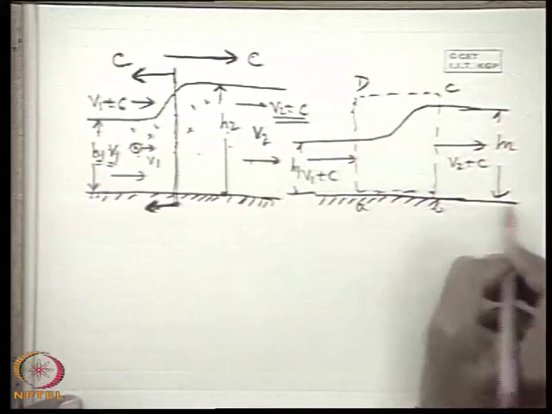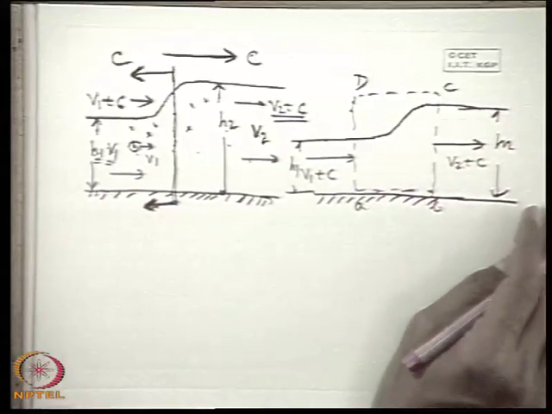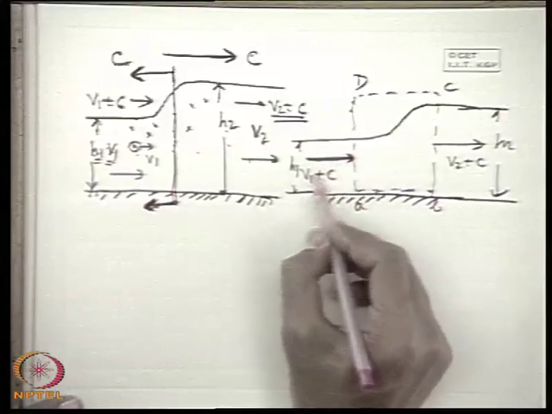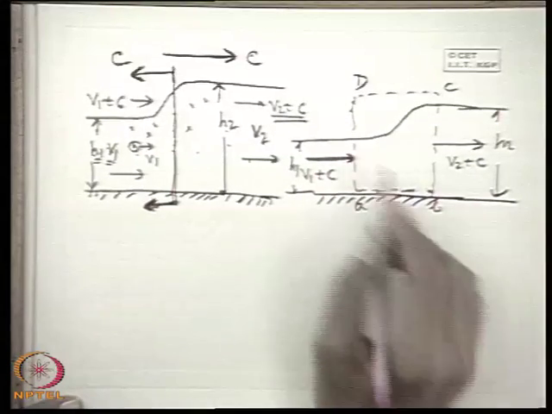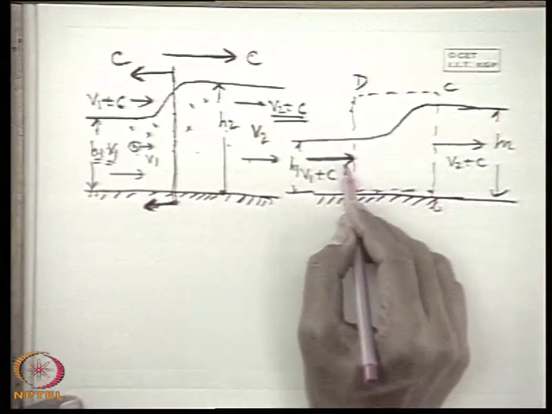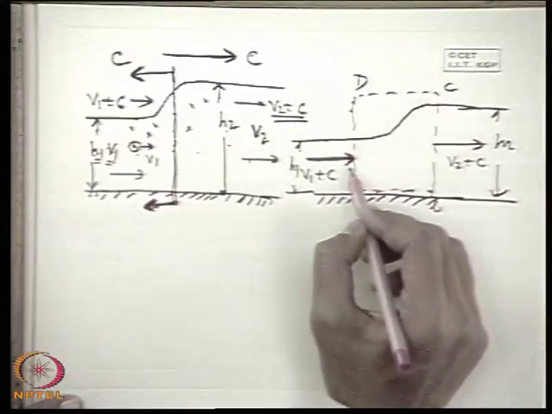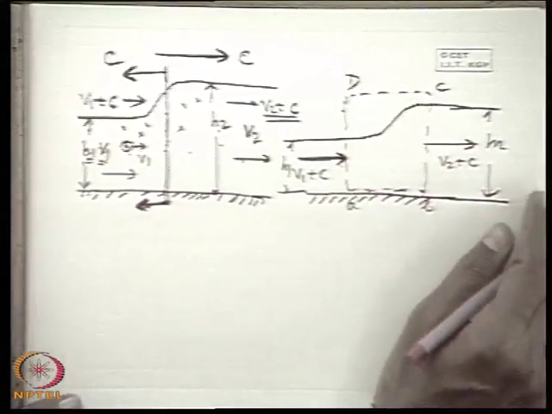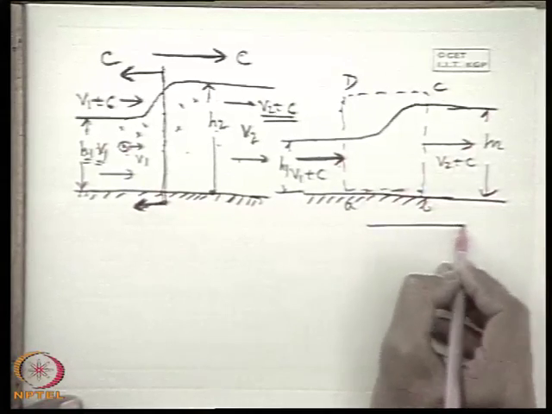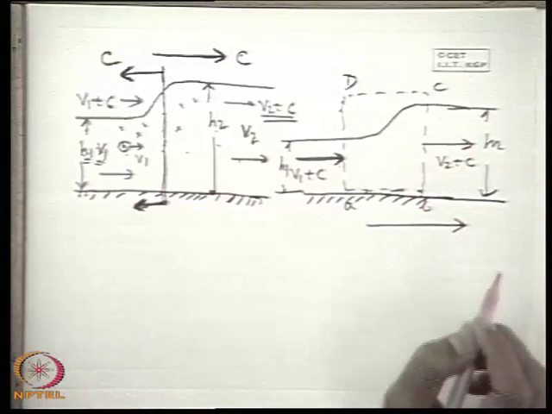Now you see the flow is uniform. So flow is not uniform here. I am sorry, V1 plus C to V2 plus C. Now you write the control momentum theorem for the control volume. That means the net force acting on the control volume is equal to the net rate of momentum efflux in a specified direction. We take this direction, the direction of flow, to be the specified direction.